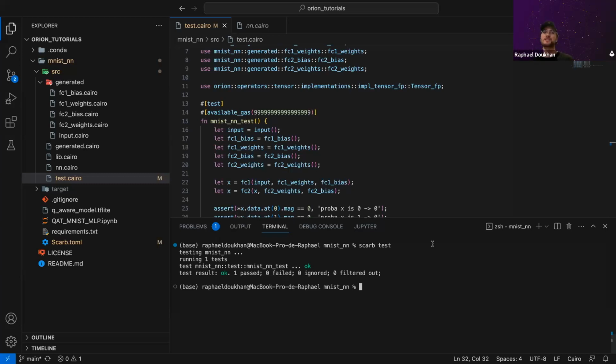But if you do it without Scarb, it means that there is no package manager, so you have to put all the code in the Orion repo because there is no dependencies. So that's why I did that with the test, but it will be fixed I think very soon.